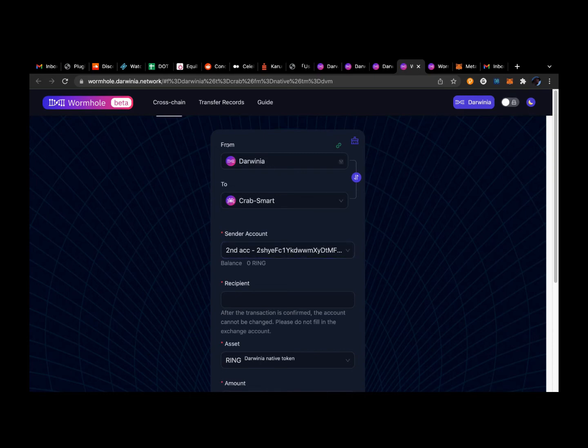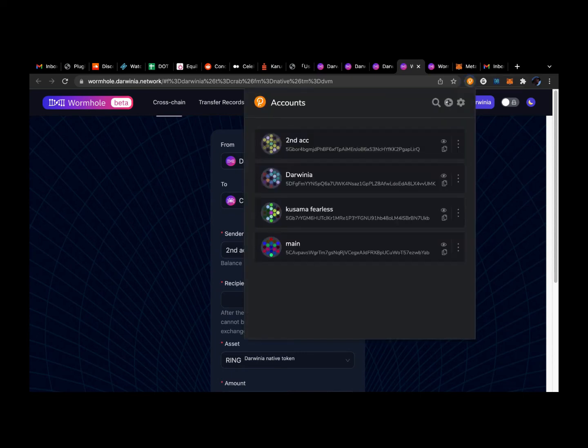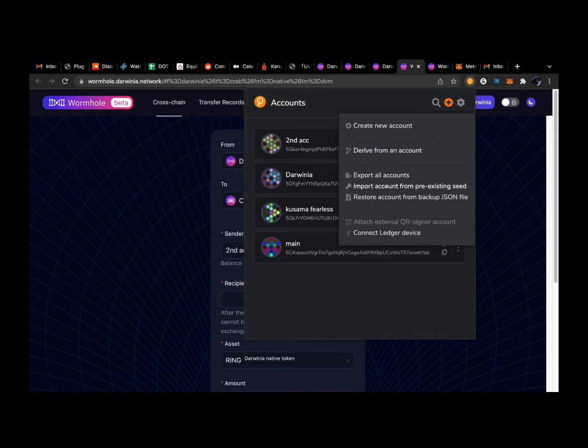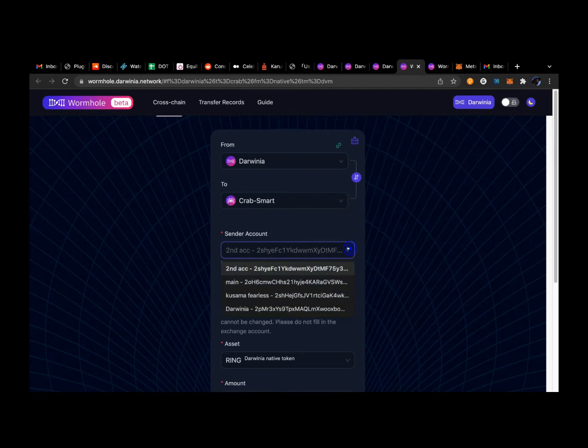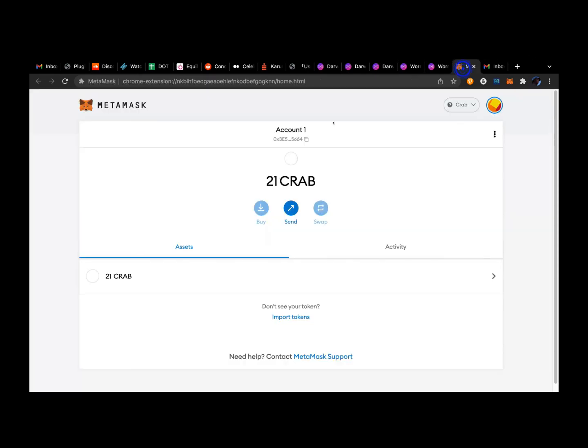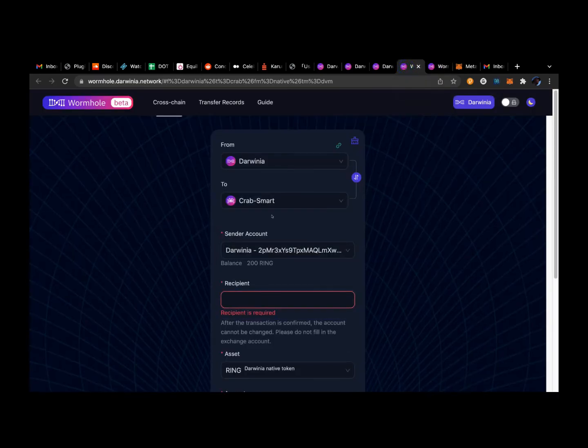When we want to transfer from Darwinia to the Crab Smart Network using the wormhole here, we're going to need to select the Darwinia account under the sender account. I had to go and add my Darwinia account by clicking import account from pre-existing seed to get it to show here, and then I can just simply select it over there. The address I'm going to send to is this smart address over here, and I'm going to paste it in there,